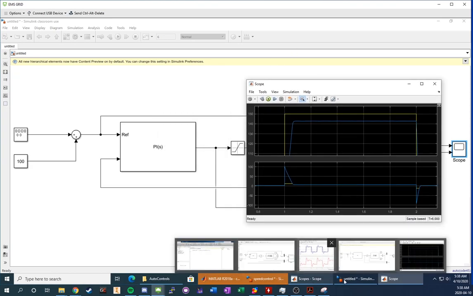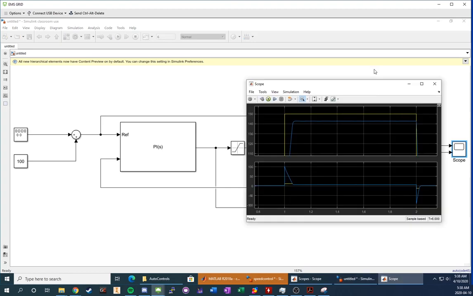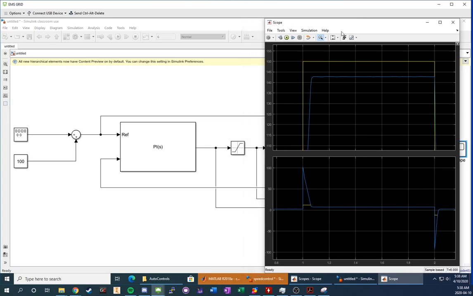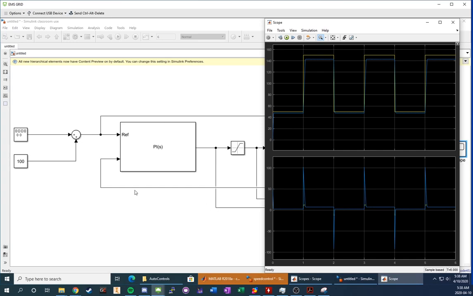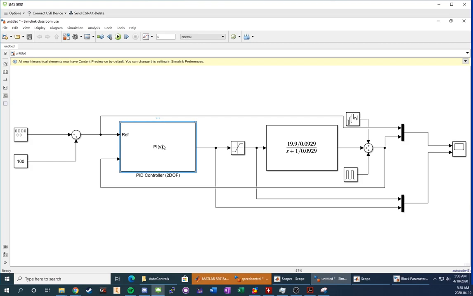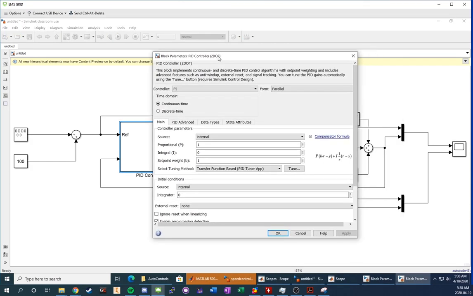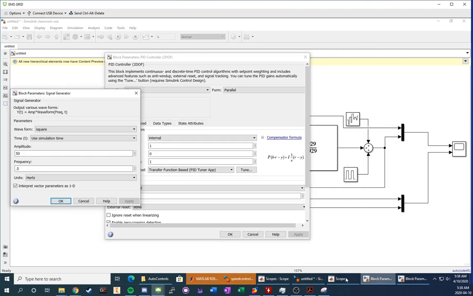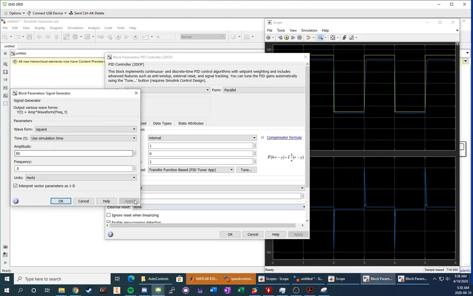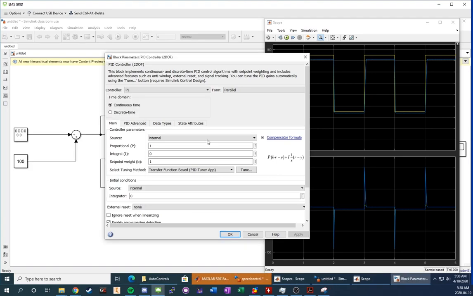If you want to make sure that you have your full Simulink model in view and you want to adjust things quickly, one of the important things that I would definitely recommend is to have your scope open on one side. Again, you can do different things like full screen mode and zoom in here. Then open up your signal generator and your PI controller block. That way, when you open up the blocks together, you're able to easily change your values and click apply. So let's say if we change this amplitude up to 100 and apply that,